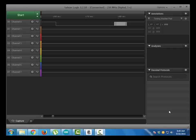Now coming to the first stage, the request stage. To make the DHT11 send you the sensor reading, you have to send it a request. The request is to pull down the bus for more than 18 milliseconds in order to give the DHT time to understand it, and then pull it up for 40 microseconds. As you can see in the logic analyzer diagram, the pulse which we sent as the request is nearly 18 milliseconds low, and then